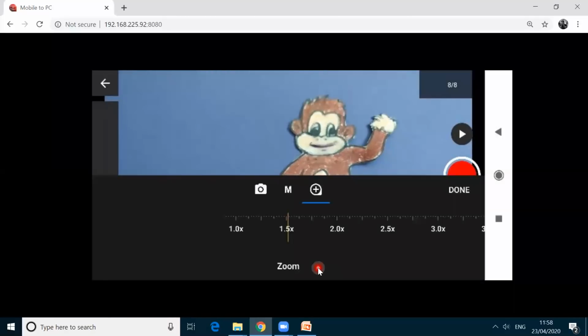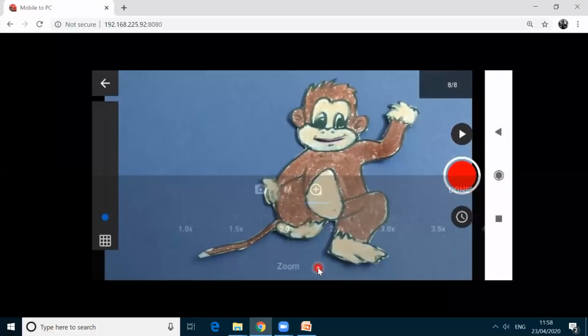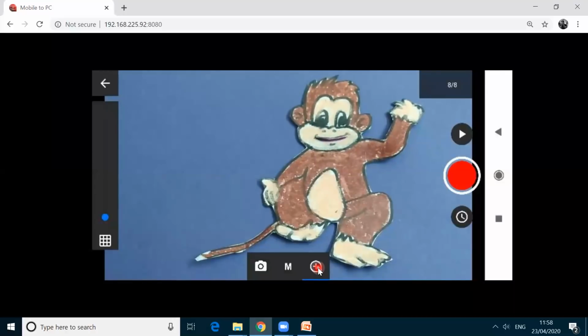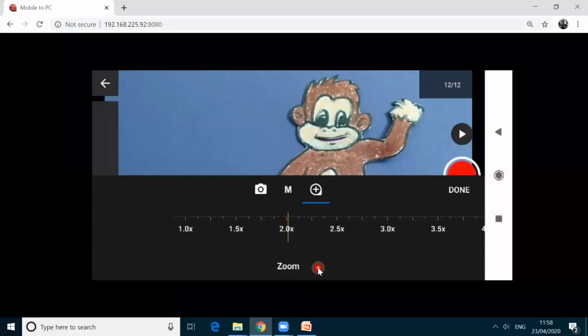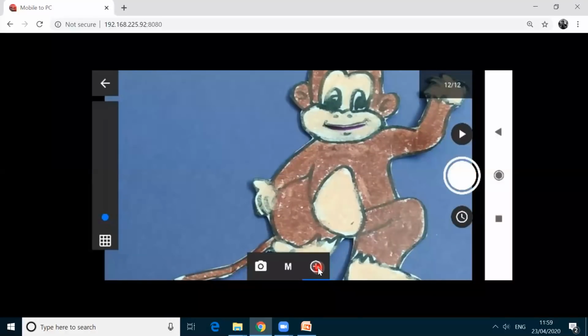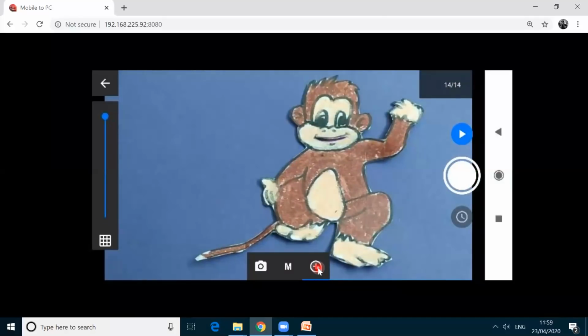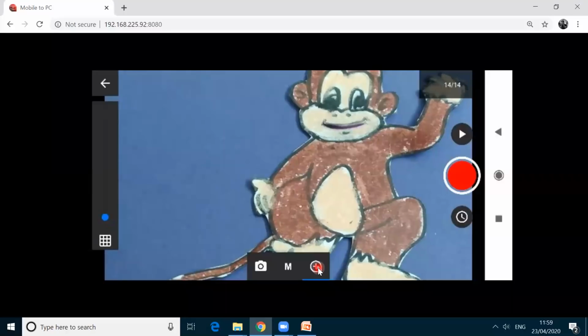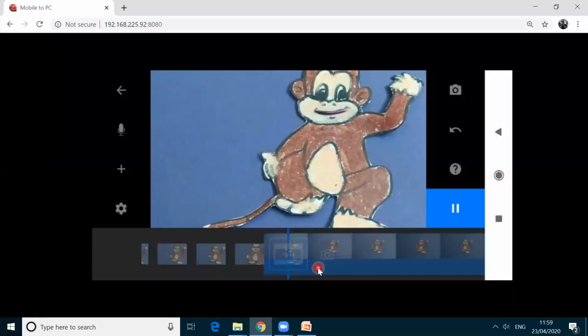Again I'm pressing here, and then I'm zooming a little bit, and then clicking done, and then I'm taking photo. Again I'm zooming. Okay. Now I'm playing this one. Okay, I'm pressing this back and then playing now.